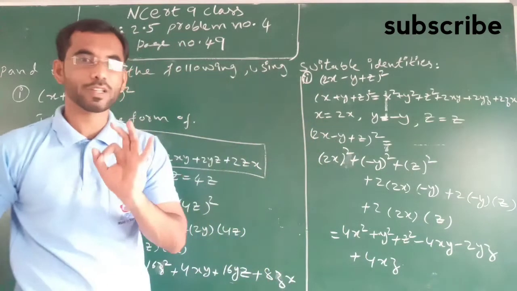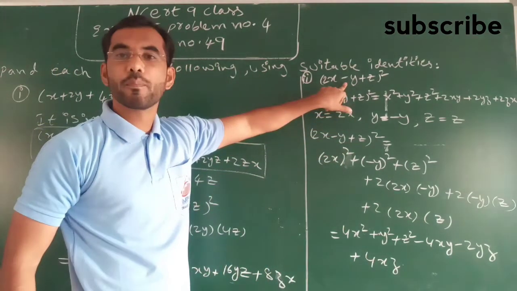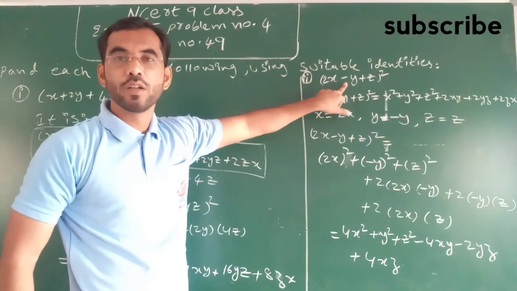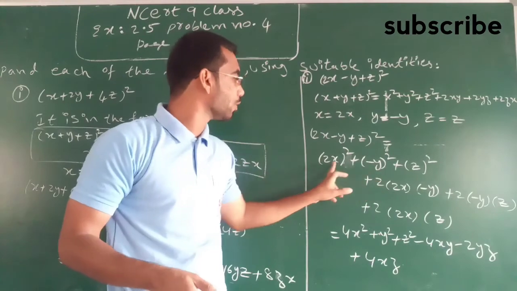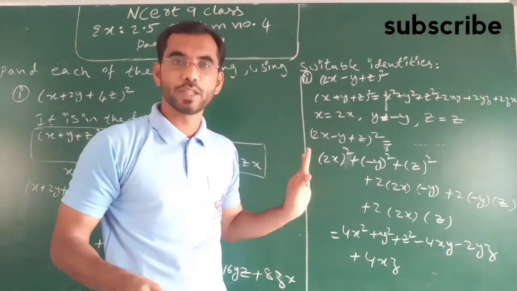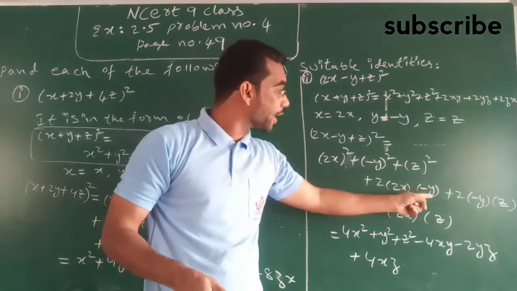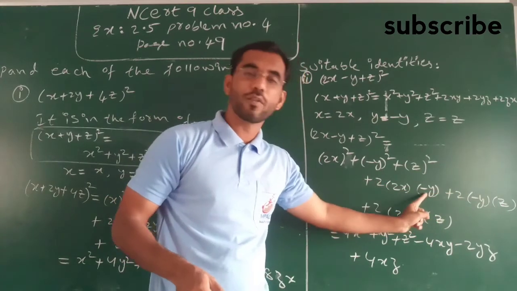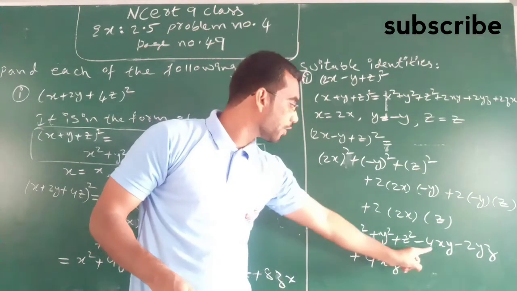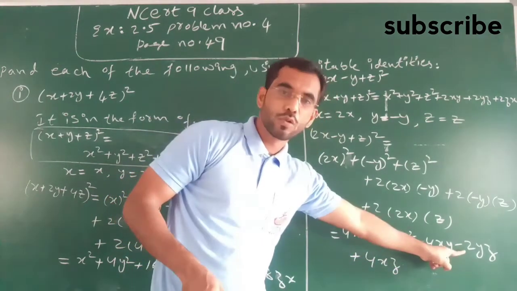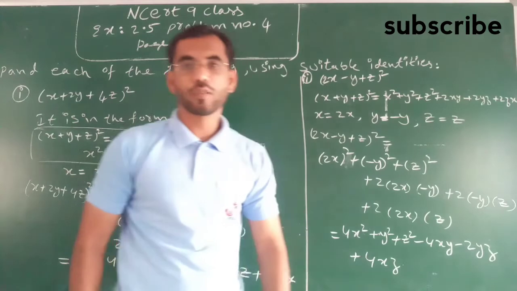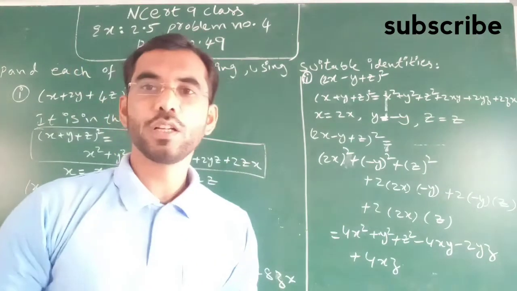This is the answer. Remember one thing, here we are getting the minus for y. For y it is getting minus. See, in the first one it will be plus only, all three will be plus, no minus will be there. In the next one, wherever you are getting y, you will keep minus. See here you are getting y with this 4, so it will be minus. Here also you are getting y with 2, so it will be minus. This is the answer for the second one.